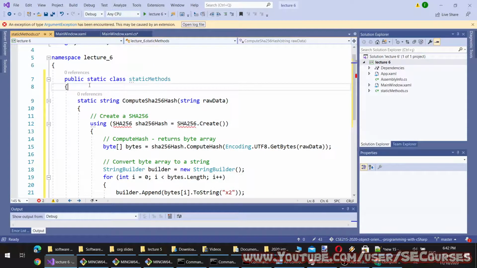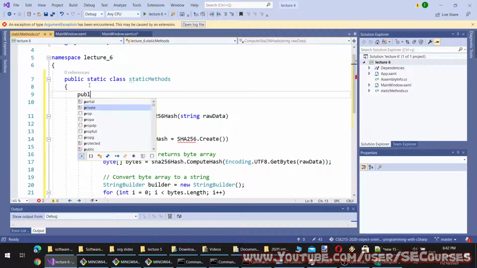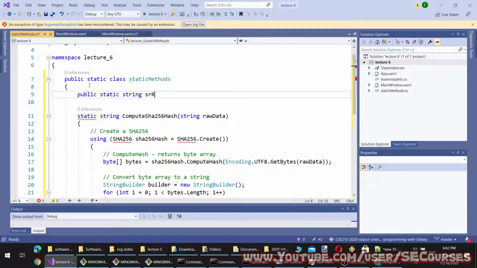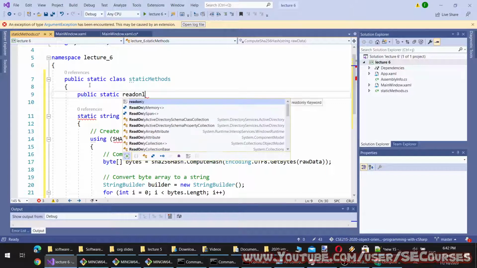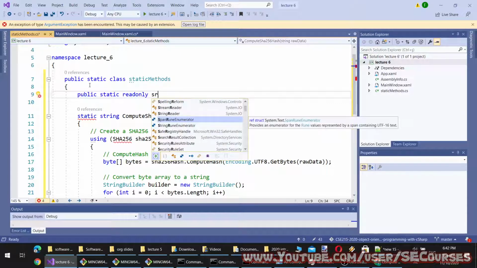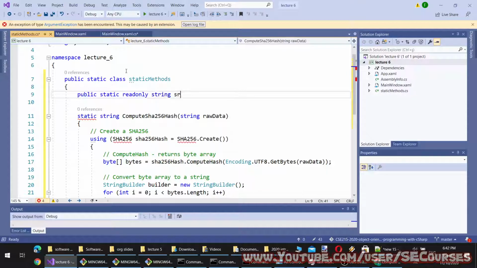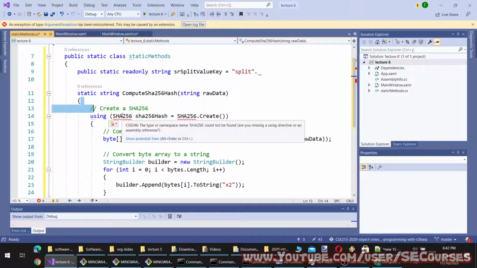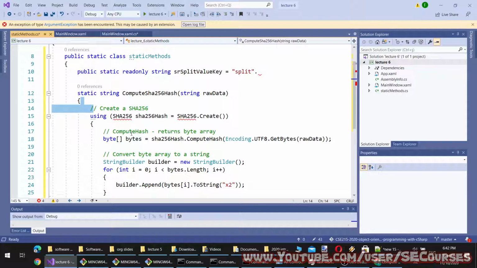Okay, and I'm going to define a static key. I'm going to make it read only, so it will never get changed. Let's say split value key, it will be equal to split. To use compute hash, we will add using System.Security.Cryptography.